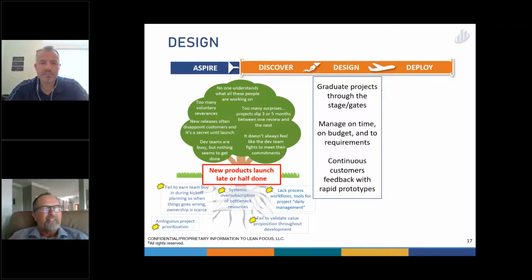But where's the fight to keep the project moving on time despite some unexpected events? So those are some of the kinds of symptoms that you might feel in the design part of the innovation journey. And what's the measurable problem? Well, this one is pretty standard across the industry. Are my projects done on time to spec?